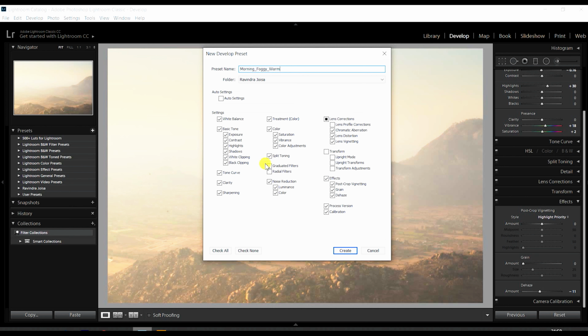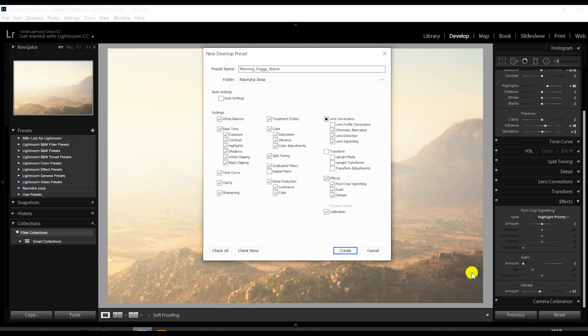So here you can opt for a few other things. You can even go for lens correction and HSL or colors. You can make all of those settings, and then finally select those options that you want it to be selected. So here I want to even select the graduated filter because I've added that on top. And also if you want to make this adjustment for rotation and all those, then you can select that. And also there is this lens profile correction, which you can select if you're using the same lens.